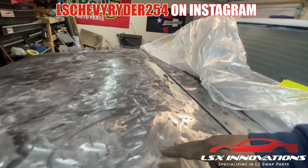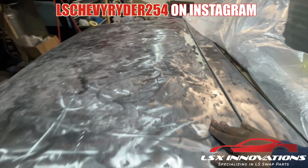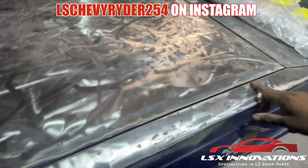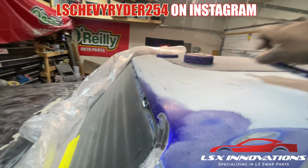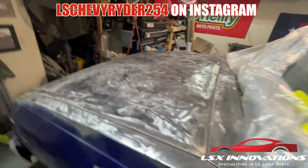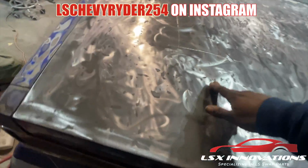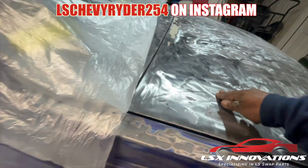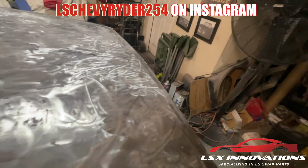As you can see, pretty much everything's stripped down. This is Bondo, but everything else is pretty much metal. There are a few little spots here on the edge. I went through about 7 strip discs to get into this. What I'm gonna do now is work on some little areas that need some attention. It's not much. At this point it's probably a little bit of overkill, but I'm not trying to do any more sanding